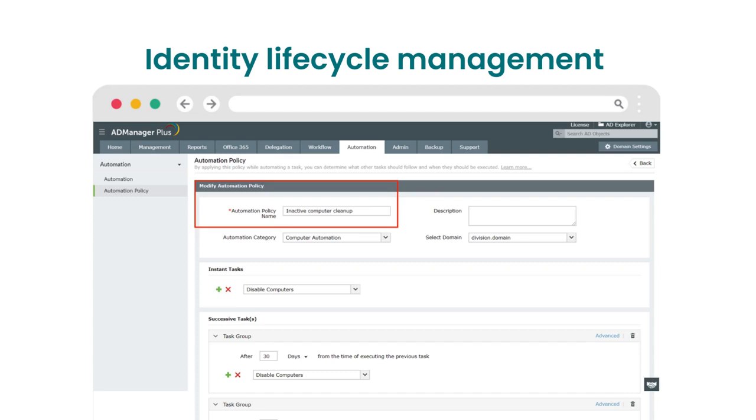This not only improves the efficiency of user deprovisioning but also the security posture, because attackers make use of these inactive accounts to launch botnet attacks or DDoS attacks. So it is very, very important to ensure that all inactive accounts are disabled right when the employee leaves the organization.